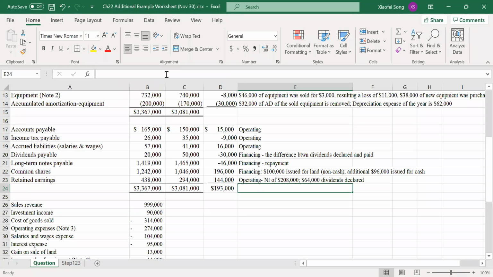How much was paid? We paid more, right? 64,000 dividends declared. No information, so we have to assume it's cash dividend, but there is a change in dividends payable, a decrease in payable of 30,000. So that means the total cash dividend paid is 94,000, right? Okay, so with that,